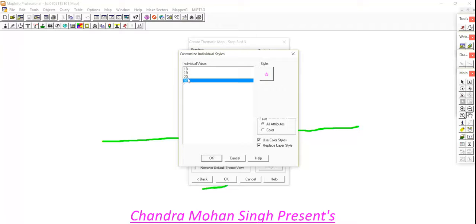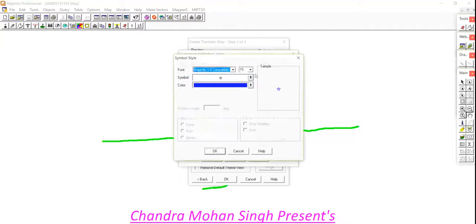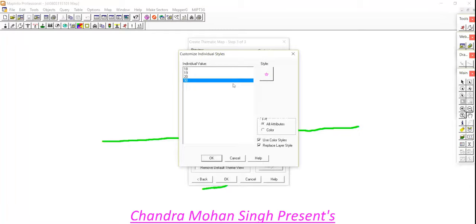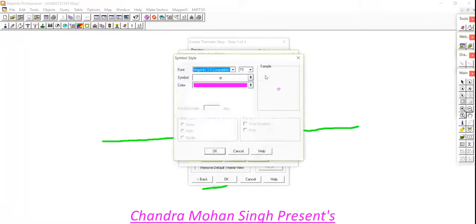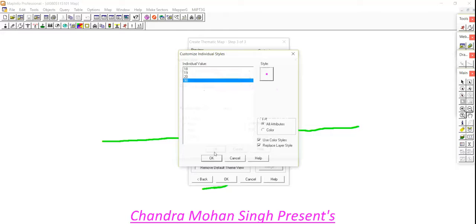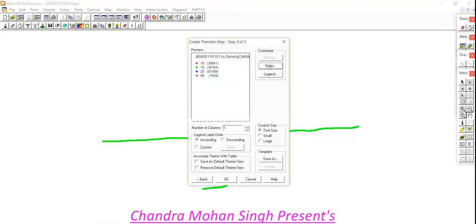Okay. 26, MapInfo symbol, circle, blue. 98, size 6, font MapInfo symbol, circle, color pink. Okay, so we have done the style.